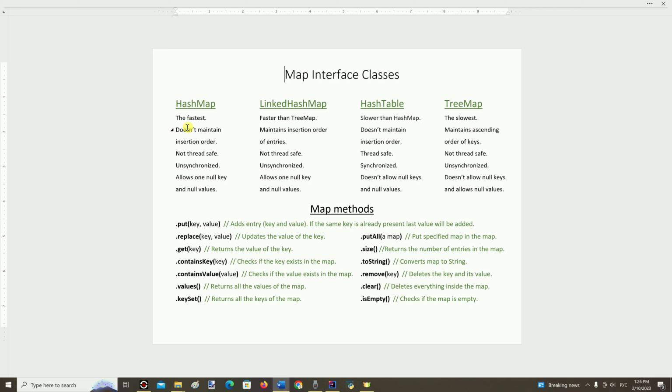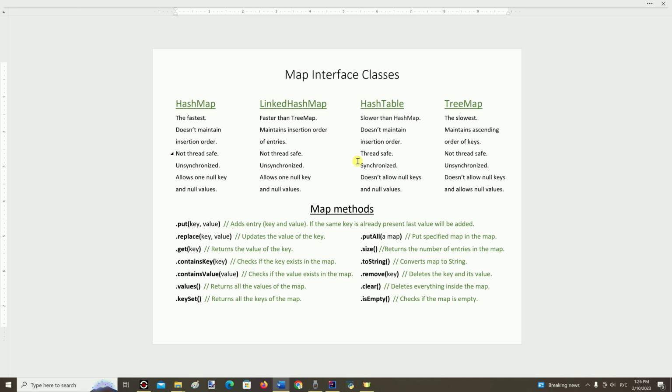Hash map doesn't maintain insertion order, hash table also doesn't, linked hash map maintains insertion order of entries, and tree map maintains ascending order of keys. Hash table is thread safe and synchronized.